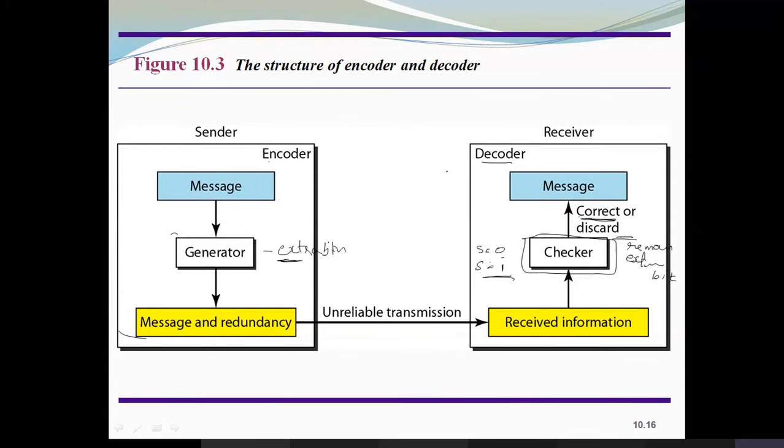So everybody understood this block diagram? Yes, everyone understood. So here you can just see this is unreliable transmission. That means you cannot ensure whatever the data is sent, it is received as it is. It is not possible practically. Most of the time, whatever data goes through the transmission medium, there will be an error, to some percentage, due to noise or due to interference, so the data may get changed.